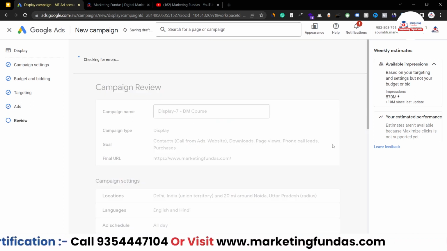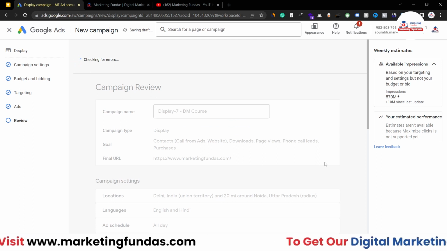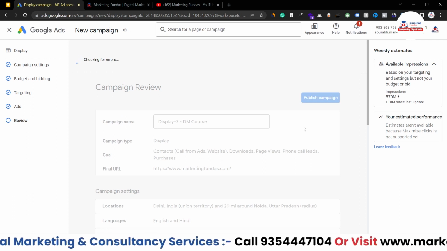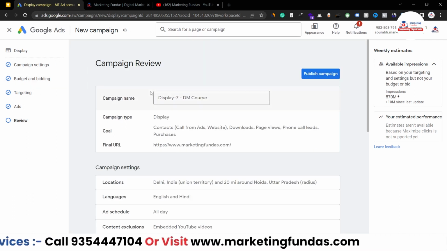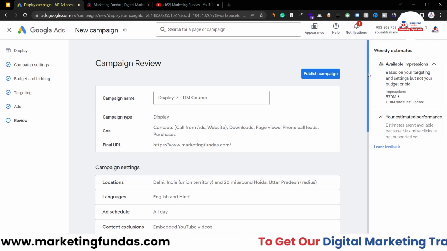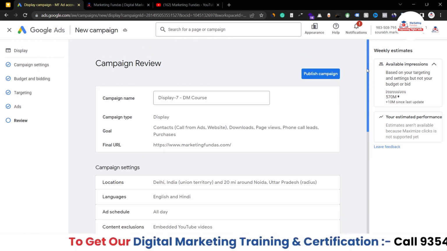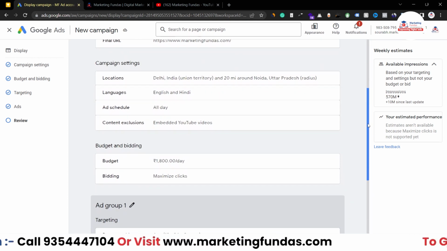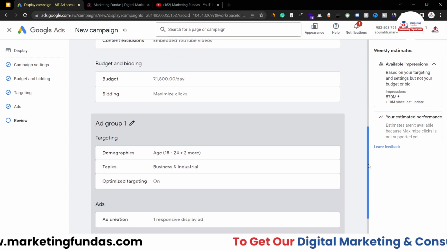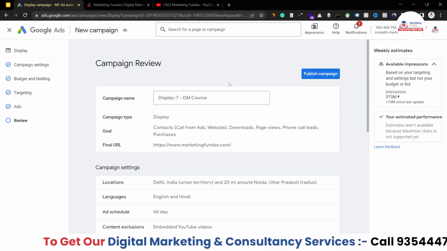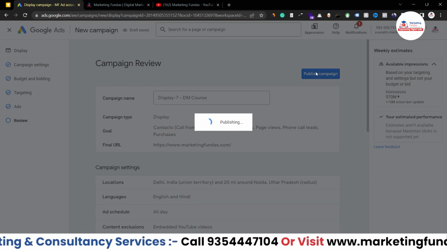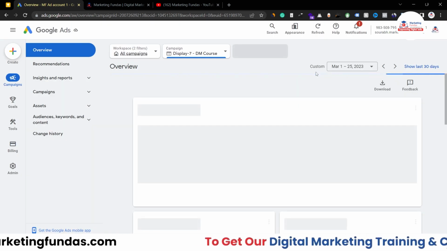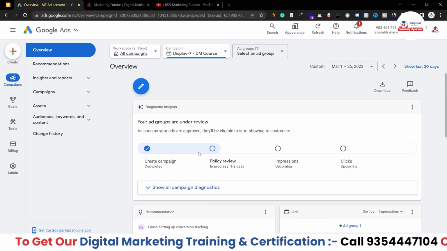And now I'm clicking on the next button and I am at the last step of the campaign creation process. So here I have to review all the things. Also Google is checking for any errors. Now as you can see, Google didn't find any error. Now I have to check manually that the settings I have added into my campaign are properly done and correct. Once you review your campaign details, just hit the publish button and your campaign will be published. And once Google checks and approves your campaign, your campaign will be live